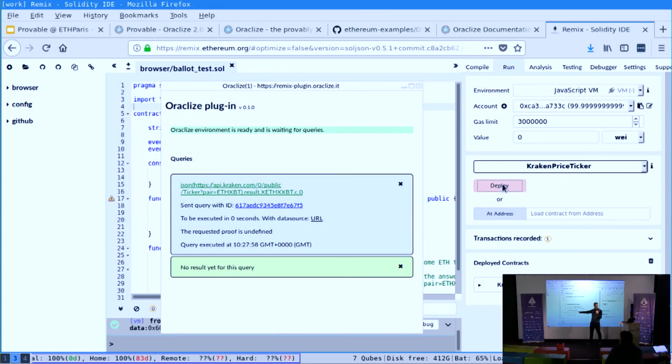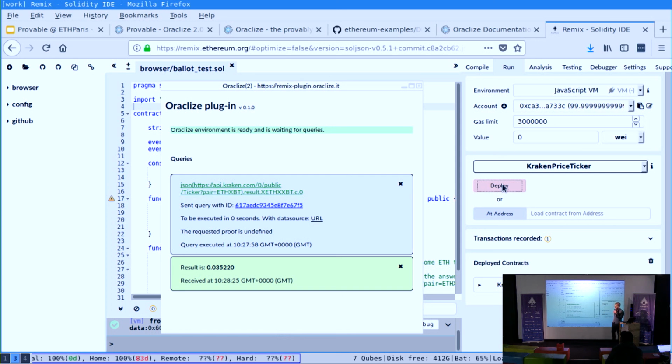So this is a simulated execution of the blockchain in memory. And also the integration with Oracleize is just in memory, it's just being run live. And here, Oracleize has returned the result and sent back the transaction. So then in the console, you can just read what it did and go on as usual with Remix. And this is quite convenient for testing.